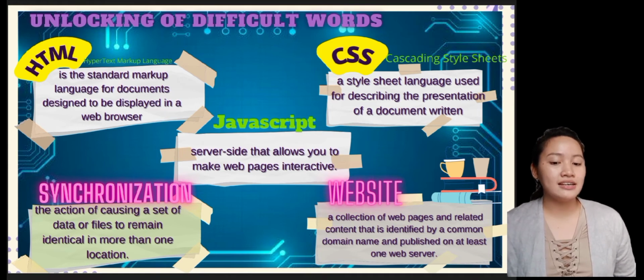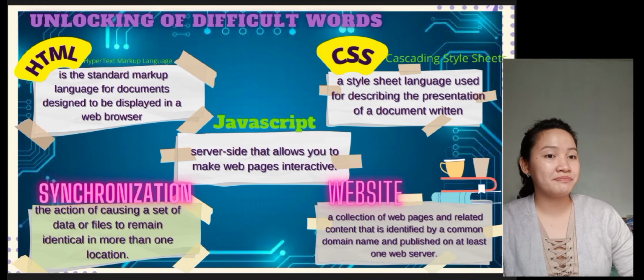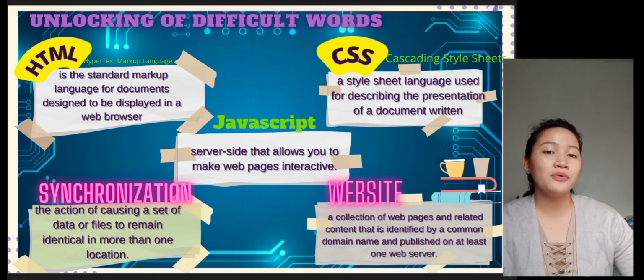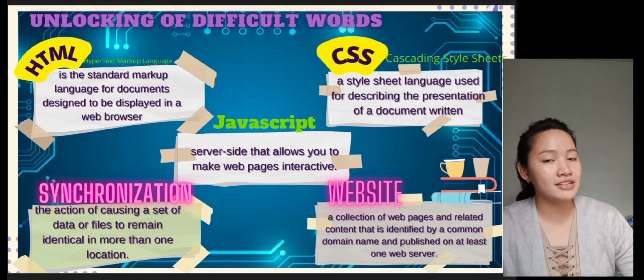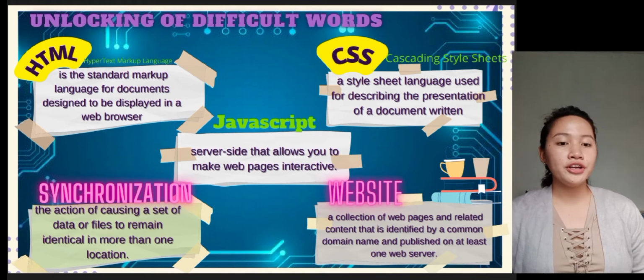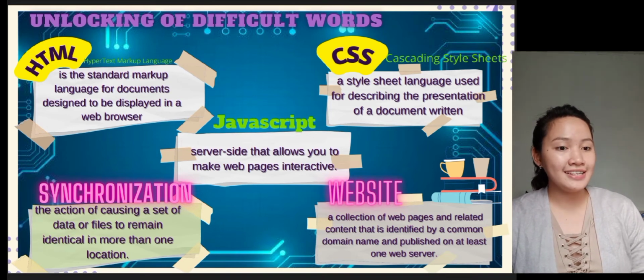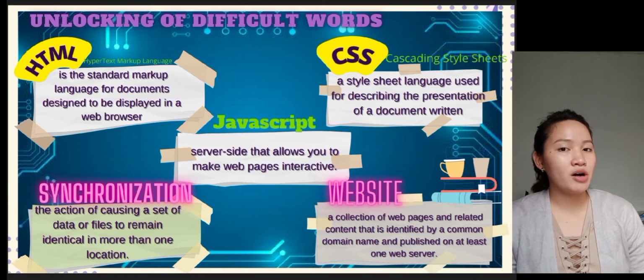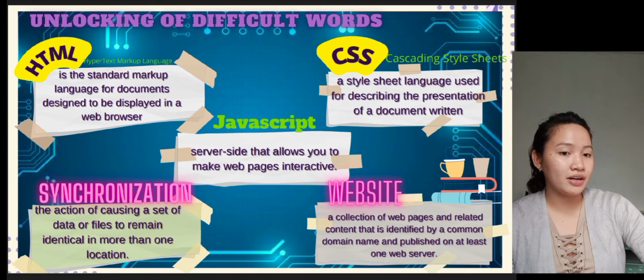So, next is a website. A collection of web pages or related content that is identified by a common domain name and published on at least one web server. So a website is a collection of documents or files that you can access through the internet. Now, in order to be able to look at a website, people use a program called a browser. The most popular browsers are Chrome, Firefox, Internet Explorer. So those are examples of a